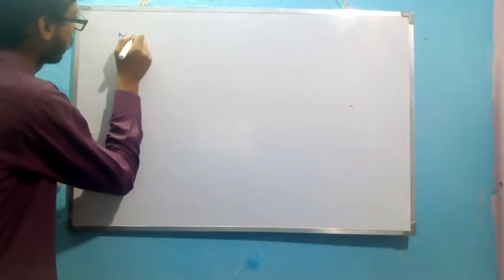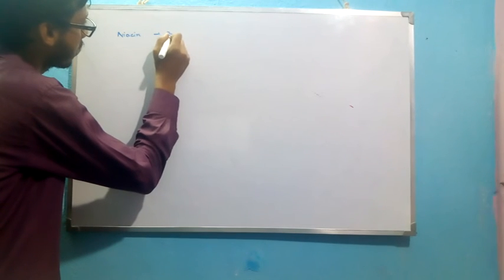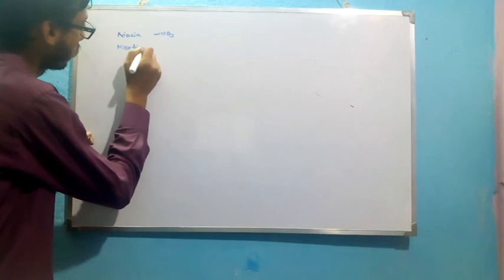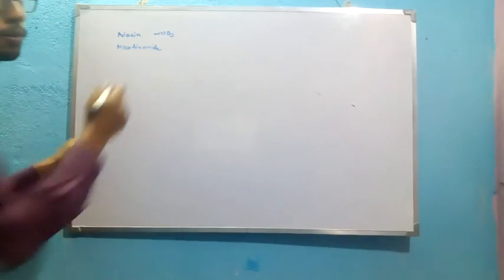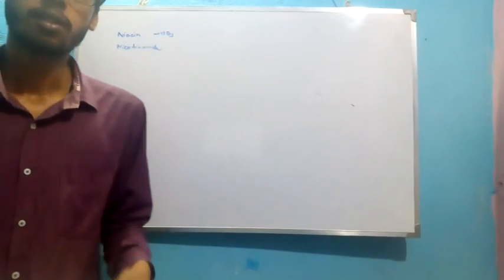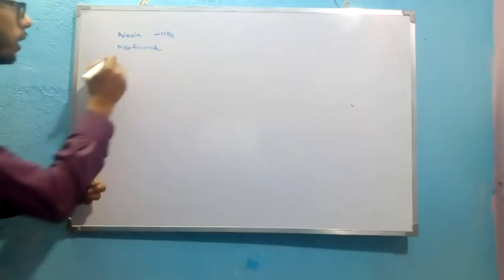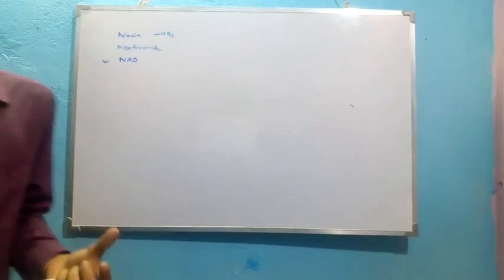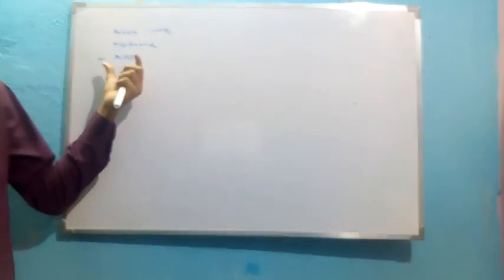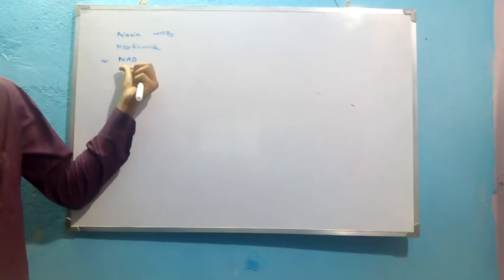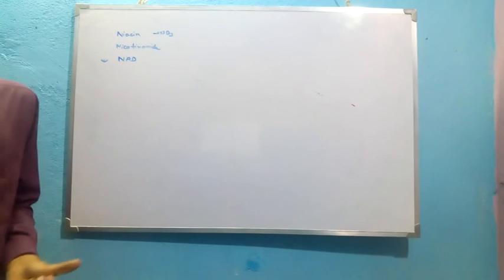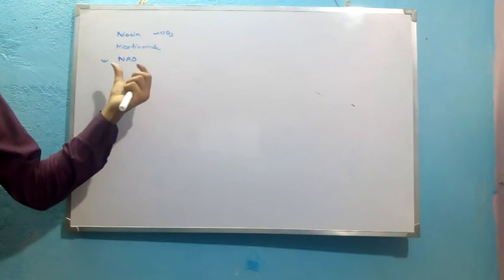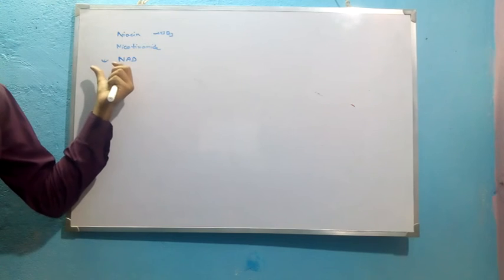Niacin is vitamin B3, and there is also nicotinamide. NAD is also important biologically. It is important for various reactions like the Krebs cycle, etc. So nicotinamide adenine dinucleotide, NAD, also contains the